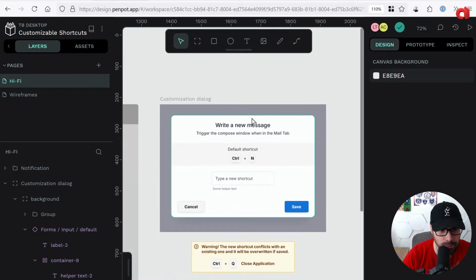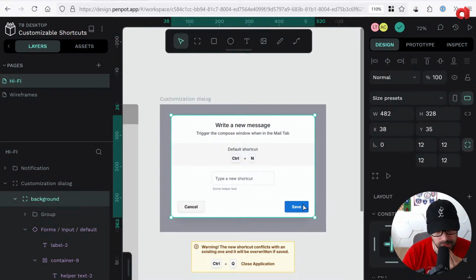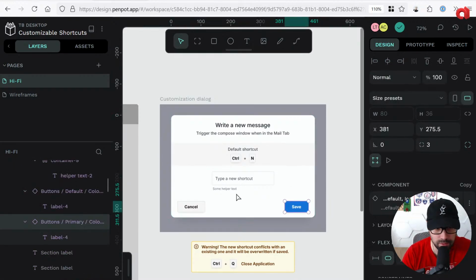Yeah, so we open this thing, we show the current default shortcut, and then we allow the users to just select this input field and type their shortcut, and we're going to automatically recognize it. The users will be able to save this. This of course is disabled if there's no new shortcut. Probably exploring an option to disable this shortcut, and